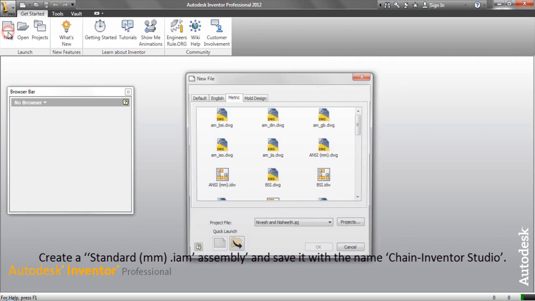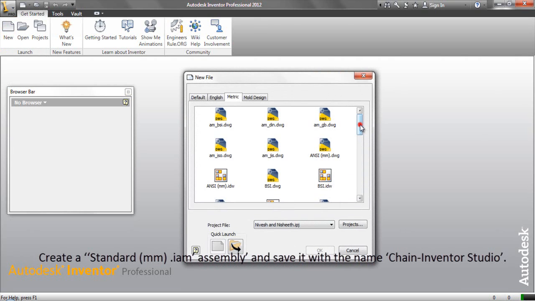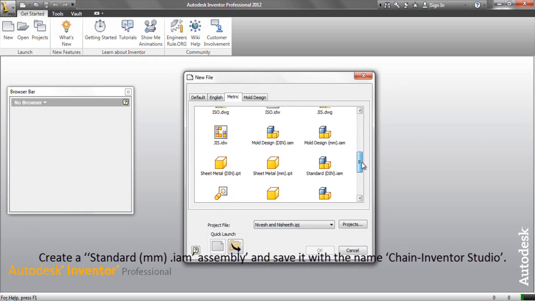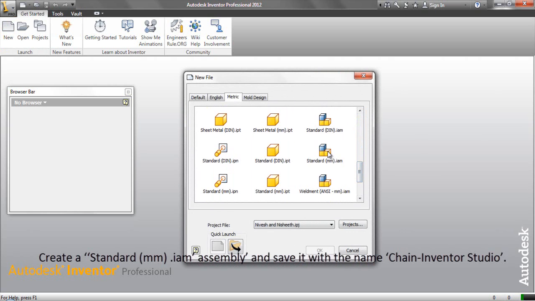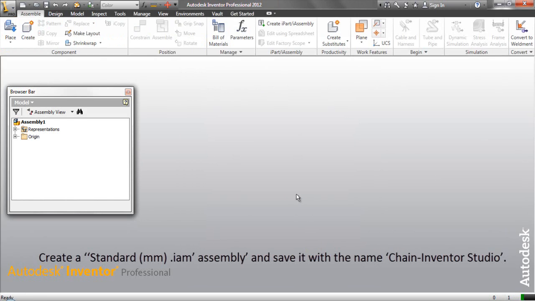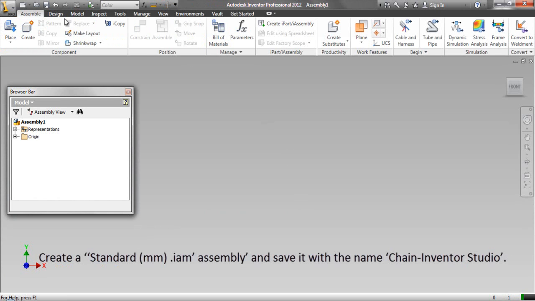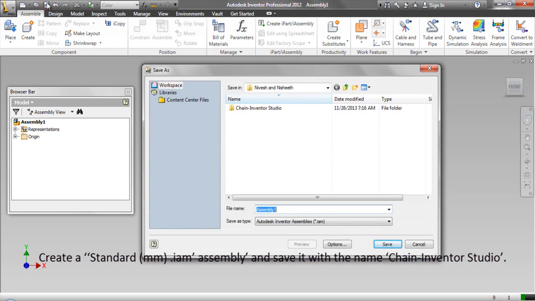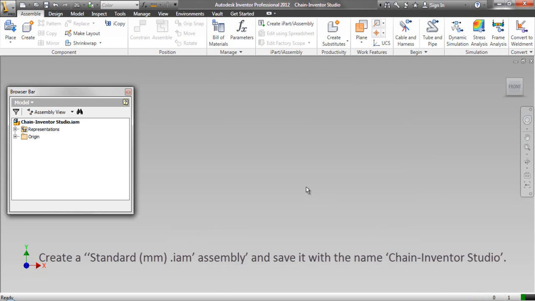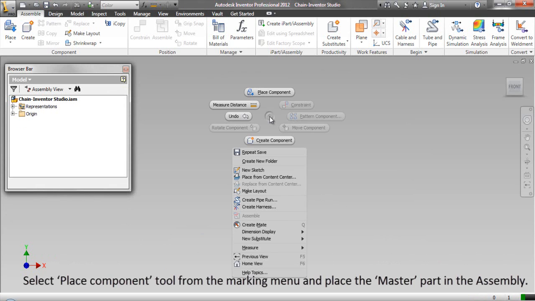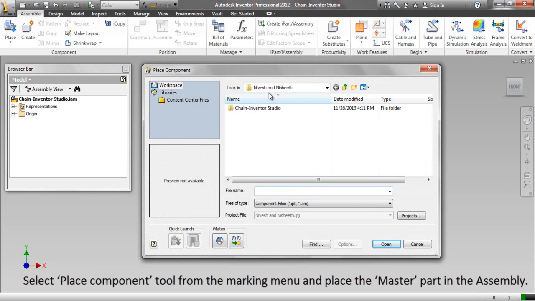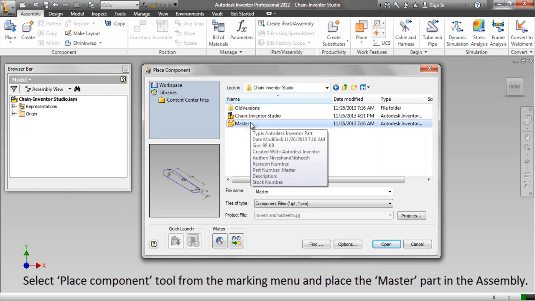Create a standard assembly and save it with the name Chain Inventor Studio. Select the Place Component tool from the marking menu and place the master part in the assembly.